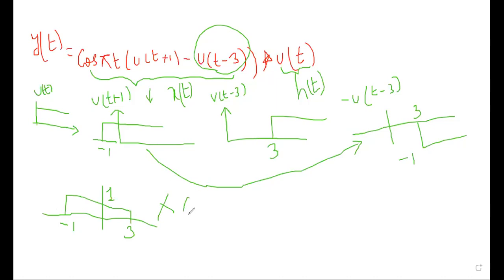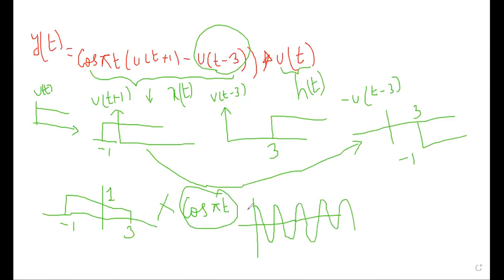This should be multiplied with cos pi t. So let me draw cos pi t. Instead of the expression directly, I am just going to draw the cos signal. Cos 0 is how much? Cos 0 is 1, right? So I will draw the amplitude like this, starting at 1. Since cos of 0 is 1, whereas a sine signal I would draw from the origin itself, because sine 0 is 0. Accordingly you should draw the waveform.